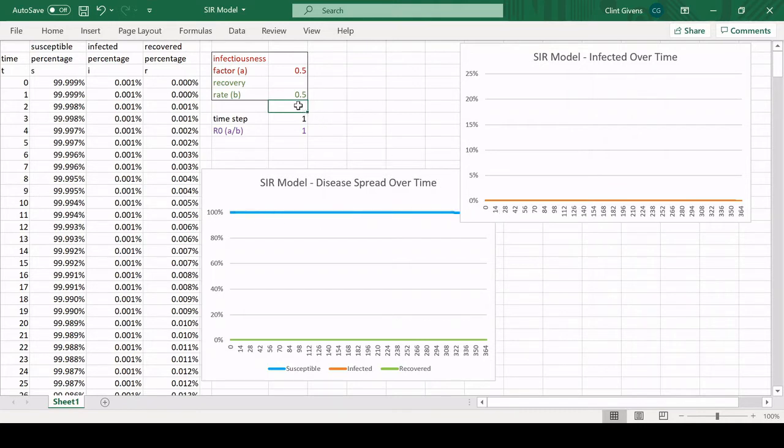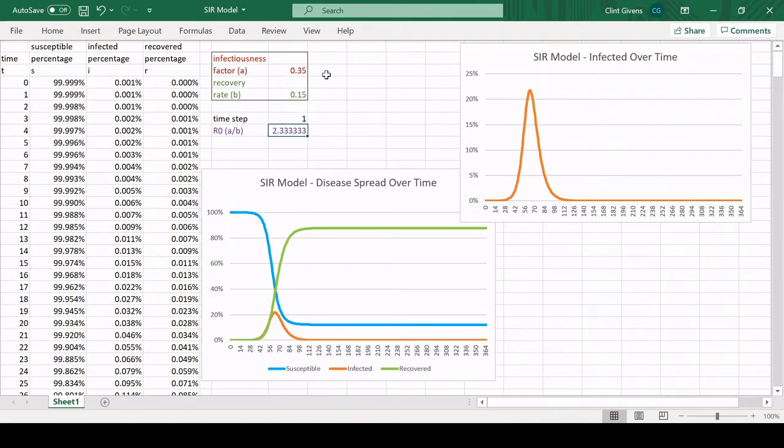Let's talk about a more virulent disease, maybe setting this to be 0.35 and the recovery rate to be 0.15, so that R0 is about 2.3, which is within the plausible range of values for the COVID-19 virus. Then you see that there's a very high peak where over 20% of the population is infected at one time